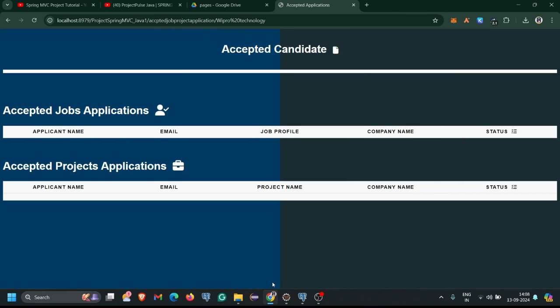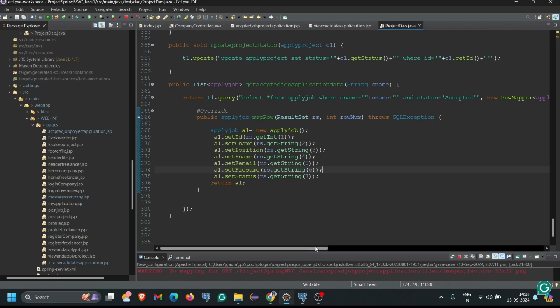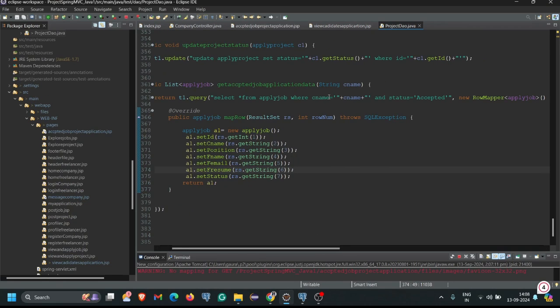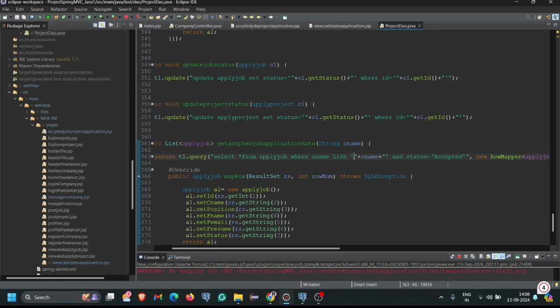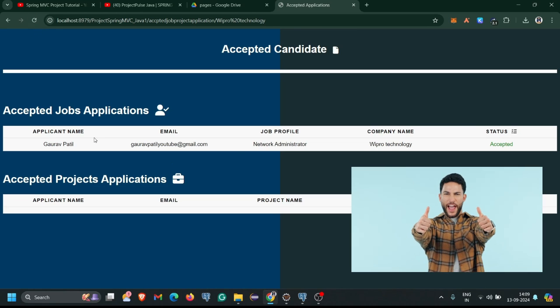What is the problem? In that we have to check our query. If we apply the like query here, let's see whether it is working or not. So where c name like query, and I have to write this percentage sign here, and I check whether it is coming or not. I just come to my Chrome, refresh this page, again refresh one more time, and now here you can see our data is coming here,